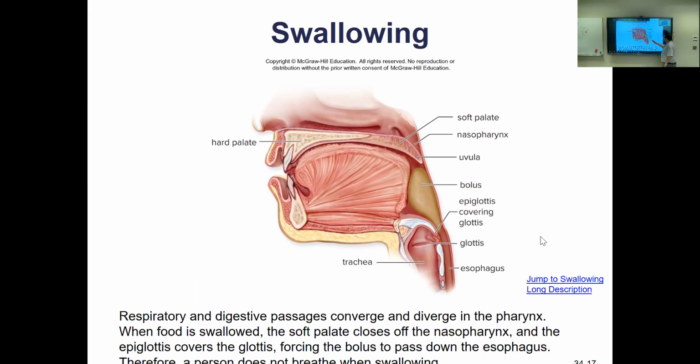The epiglottis covers up the trachea, so you don't put food down your trachea. The windpipe is anterior, and the esophagus is posterior to that, in our neck, going down into the thoracic and abdominal cavity. And then another little structure, the uvula, seals off the upper respiratory tract so that you don't blow food out your nose. You ever see pictures of a little kid the first time they eat in the baby chair, they have a spoon, they get it in their hair, then they get it in their mouth and it blows out their nose. It takes a little practice to get that down, okay?